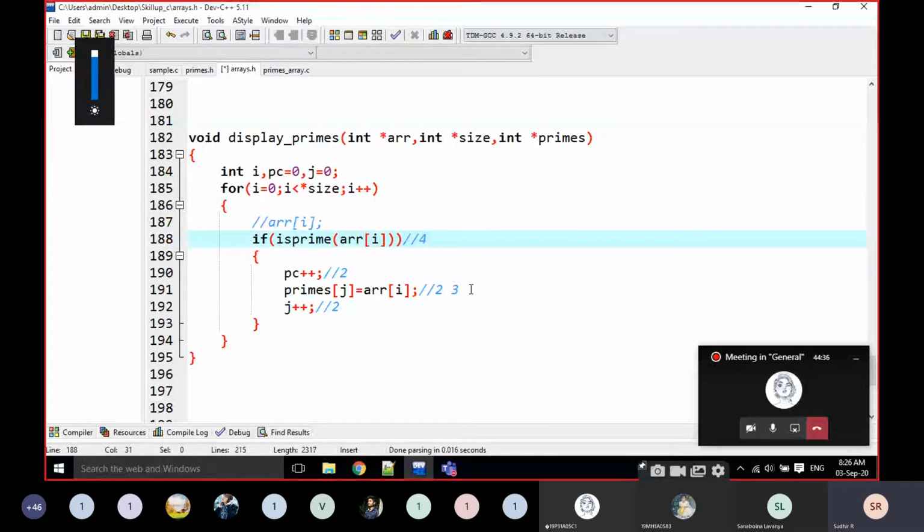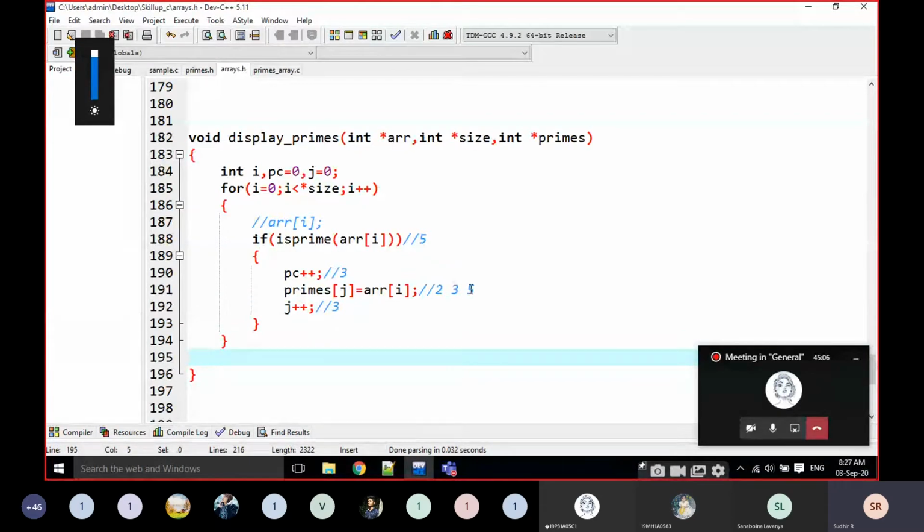Is 4 prime? No, not at all. Is 5 prime? Yes, 5 is prime. Then PC becomes ++, and I am going to add the 5 to primes and j++. Look at here, j and PC both are the same, right? I am not confusing you, I just leave it like that.